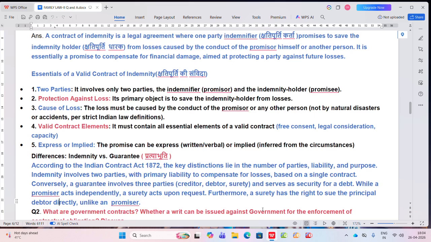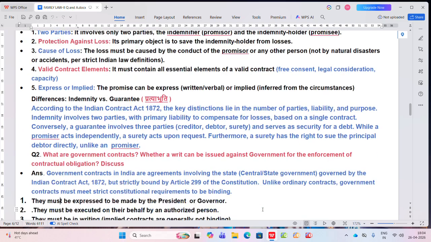Now coming to question number 2, what are government contracts? Whether a writ can be issued against government for the enforcement of contractual obligation? Discuss. So government contracts in India are agreements involving the state, central or state government, governed by the Indian Contract Act